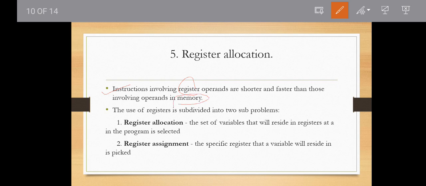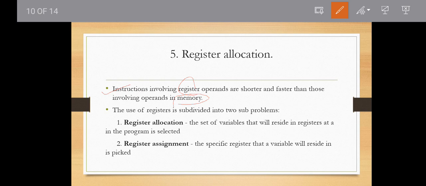But here we have a limited number of registers, so this is the problem. With the help of a limited number of registers we need to perform the operations,